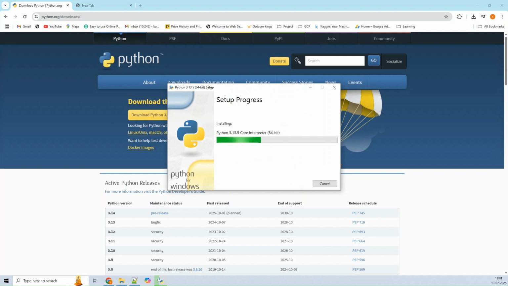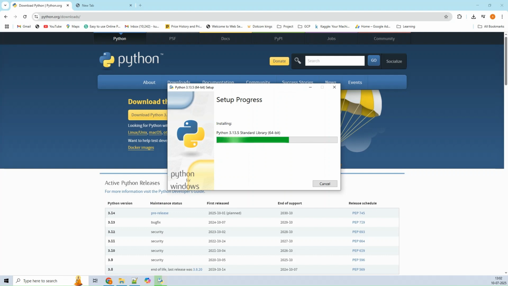It might take some time. So you should have a good internet connection, so that you can download this library from the Python website and easily install it.